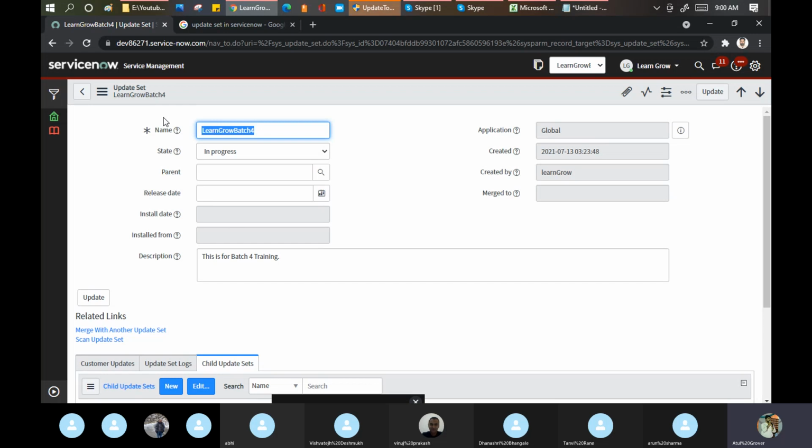The topics I'm going to start from today are required to be captured in the update set. After 30 days, after 40 days, when we move this update set from my instance to maybe Arun, Nikhil or Vinuj's update set, then I will show you what was the purpose of having this update set. Okay. Now let me come to the core part of ServiceNow.